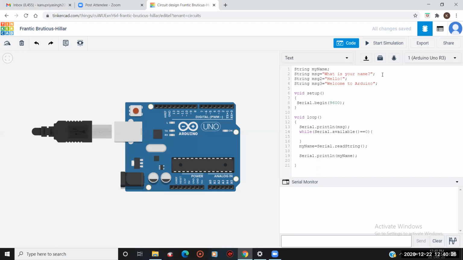Okay. So I have defined these messages here, but I have to print them also.